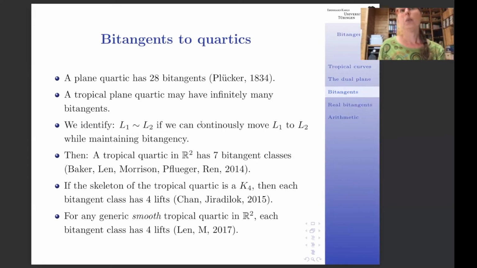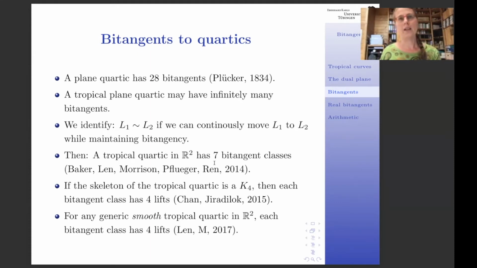Okay, let's collect a few more facts. We've seen already our plane quartic has 28 bitangents. Our tropical plane quartic may have infinitely many. We use this equivalence relation in the tropical world, saying 2 tropical bitangents are equivalent if we can move one to the other, maintaining bitangency. And then if we do this, Baker, Len, Morrison, Pluecker, and Wren proved that a tropical quartic in R2 has precisely